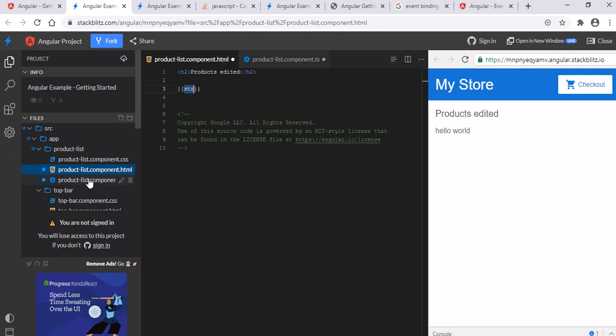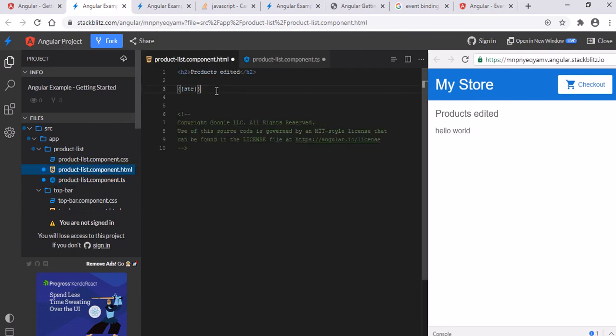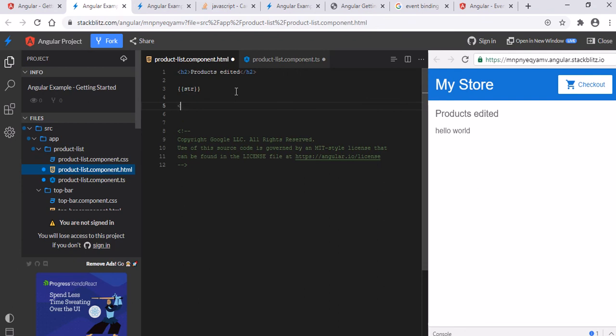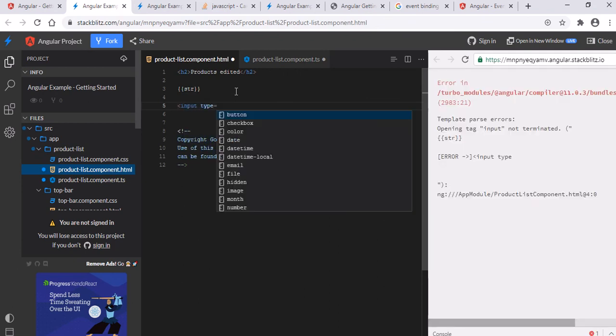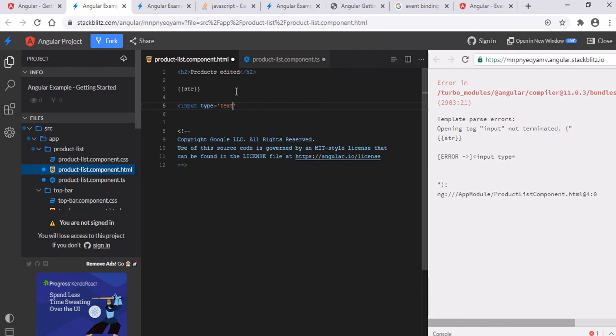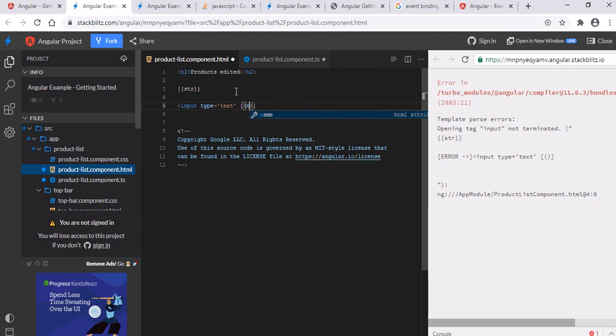First I will go ahead and create a two-way binding for this particular variable. For this, I will create one input, type is equal to text, and for two-way binding we need to use ngModel. ngModel is equal to str.